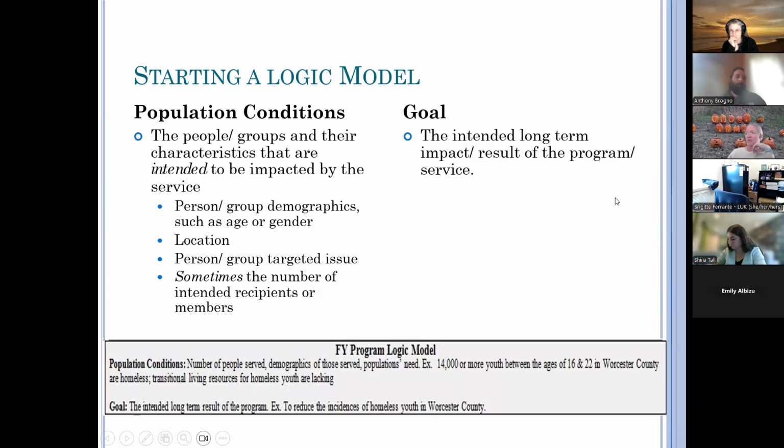It's really important too, because if we're talking about LUK services, LUK has a specific area in which we serve. So we're not going to go into Franklin County. I know we do rarely have services in Franklin County, but we're not going to try to get 290 kids' cats in Franklin County, because that's not our normal catchment area. So we would want to make sure it's in Central Massachusetts.